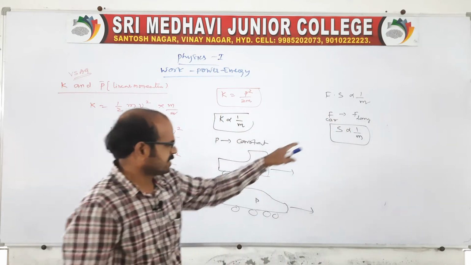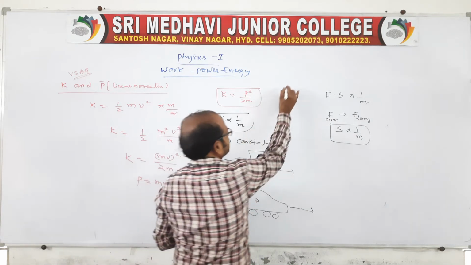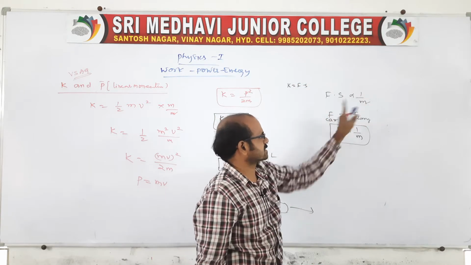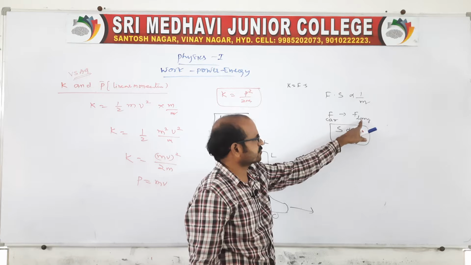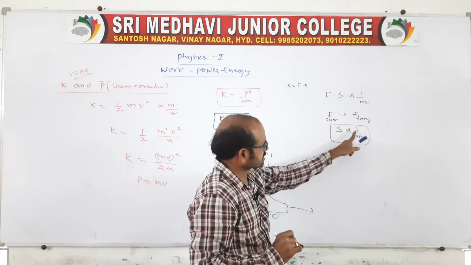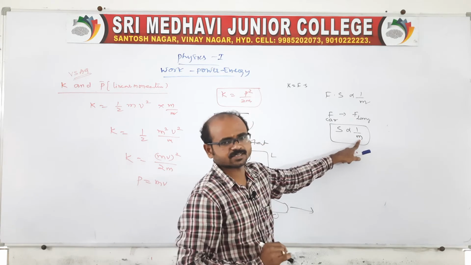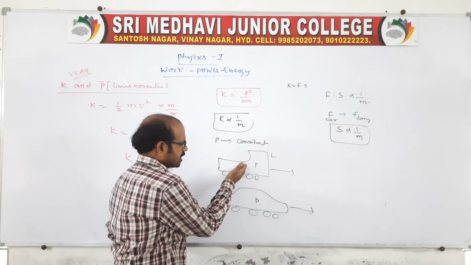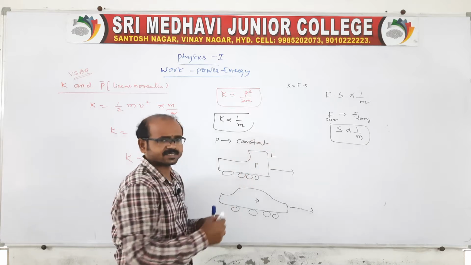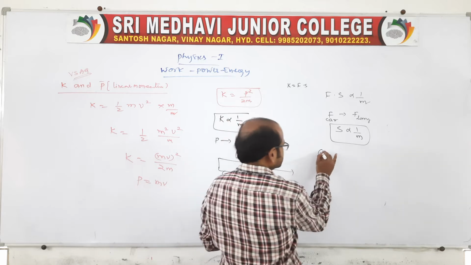Suppose the forces are applied and momentum is constant, therefore instead of K we can take F dot S, right? So F dot S is inversely proportional to mass. Both car and lorry have the braking force applied, so S is inversely proportional to mass. The heavier the mass, the less distance it travels. Of course, the lorry mass is more than the car mass. Therefore, the lorry travels less distance than the car, because the car mass is less. Therefore, the car travels more distance.